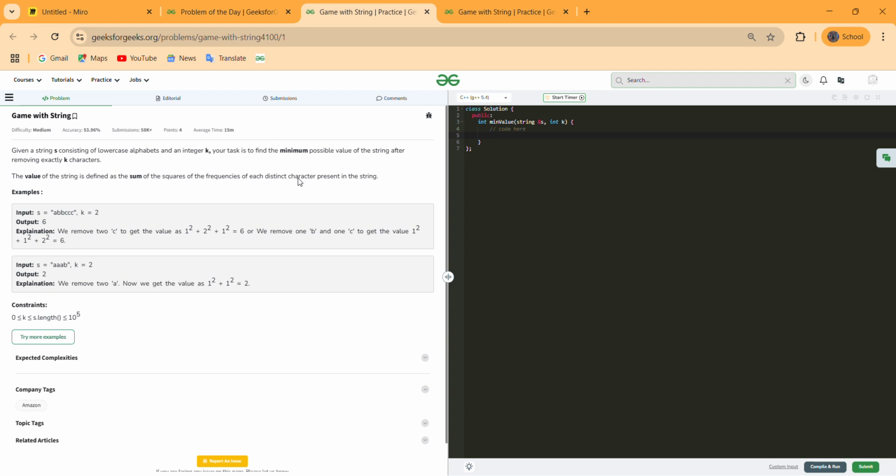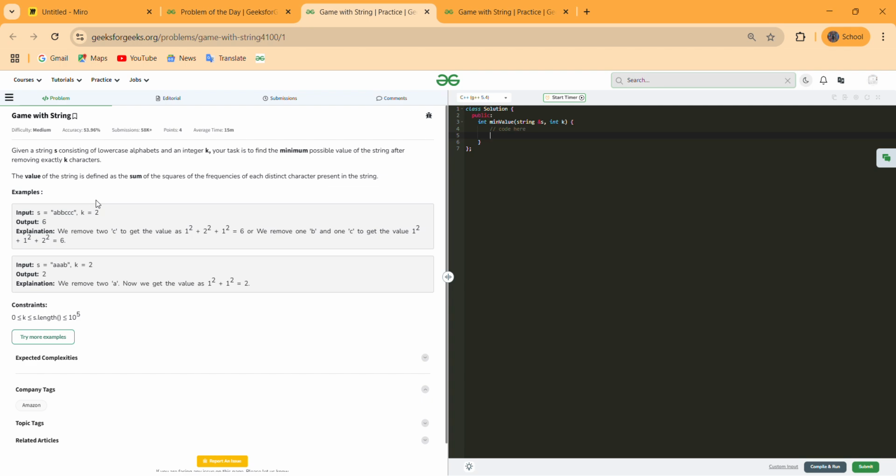So let us look at the first example. We have S equals ABBCCC, and K equals 2. In this we have to remove K characters from S such that the sum of the squares of frequencies of each character can be minimized.